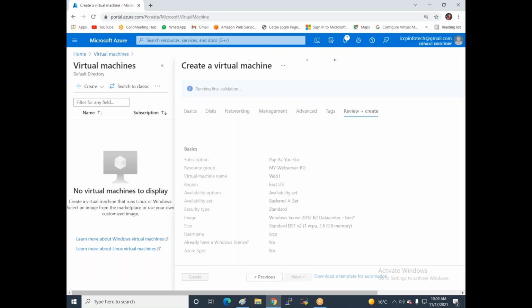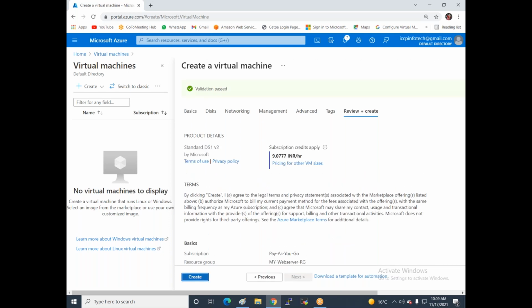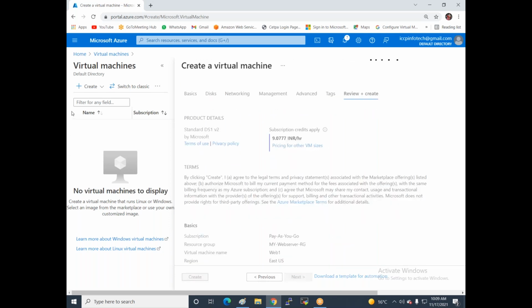In the same way, I create the other web server and add it in the same subnet and the same availability set also. So now I'm creating another server.